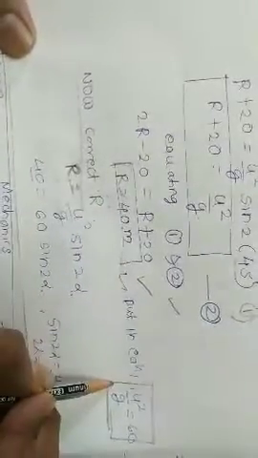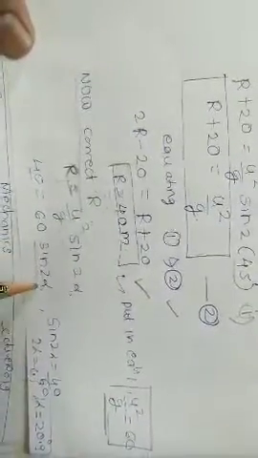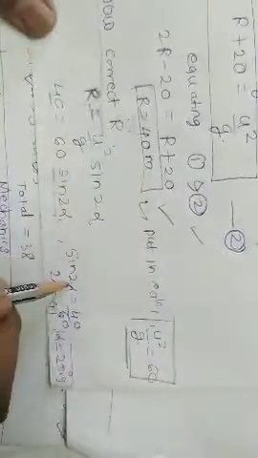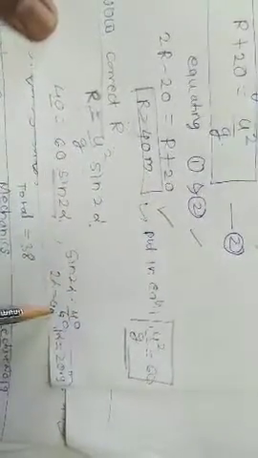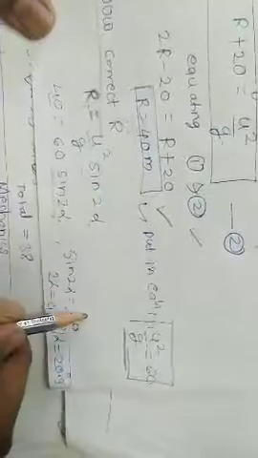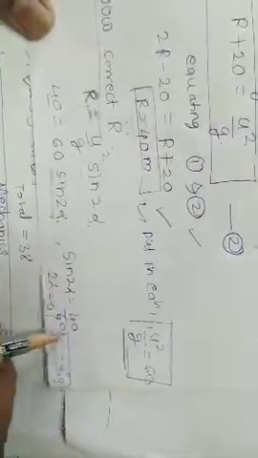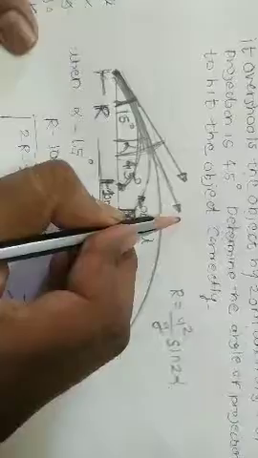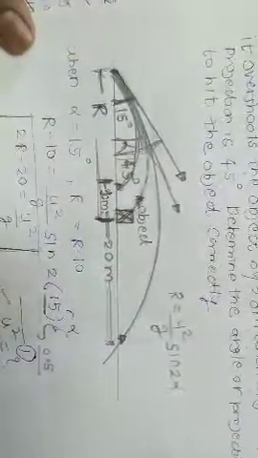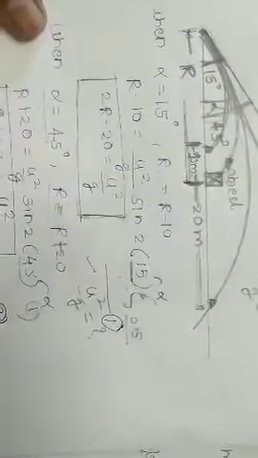Now we have to determine the correct R, and for that we'll use the equation R is equal to u square by g sine 2 alpha. R is equal to 40, found in the earlier step. U square by g is equal to 60, into sine 2 alpha. We'll get sine 2 alpha is equal to 40 by 60, then 2 alpha is equal to 41 if we take sine inverse on this side, and alpha is equal to 20.9 degrees. So if we shoot with this angle, it will hit the object correctly. So the correct angle is almost 21 degrees.